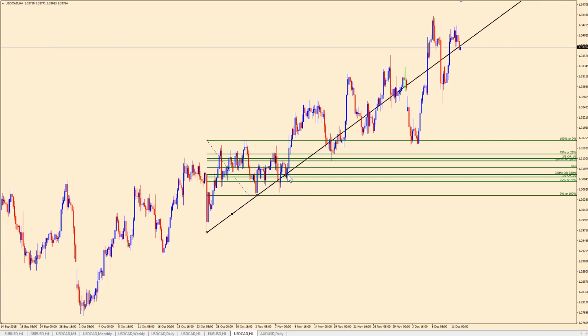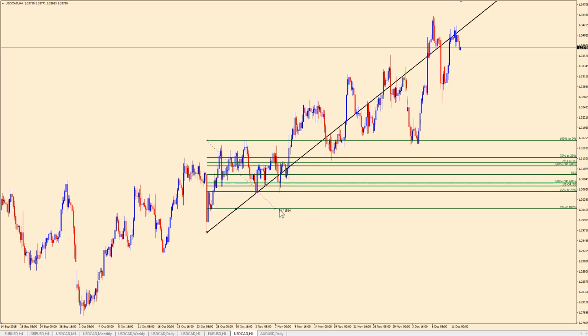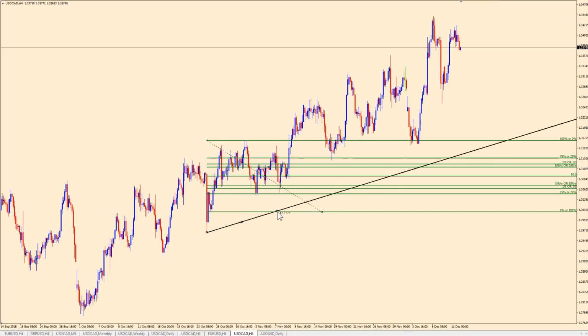Just like that. Again, it would have been close to it, but not perfect. So either one could have been used. You could have used this one also, but that would have been nullified because we had this particular low that was lower than that low right there. Although you can still use it to measure, and you still get almost exactly the same 50% point there. But let's see, we had this one and this one, so this becomes our 0.1